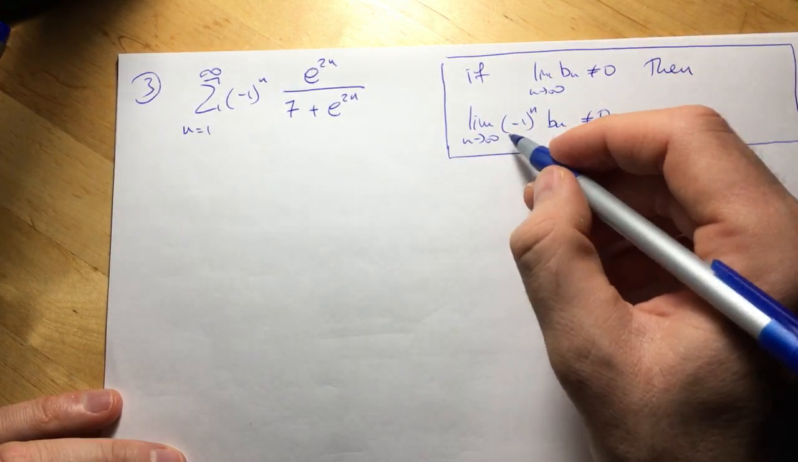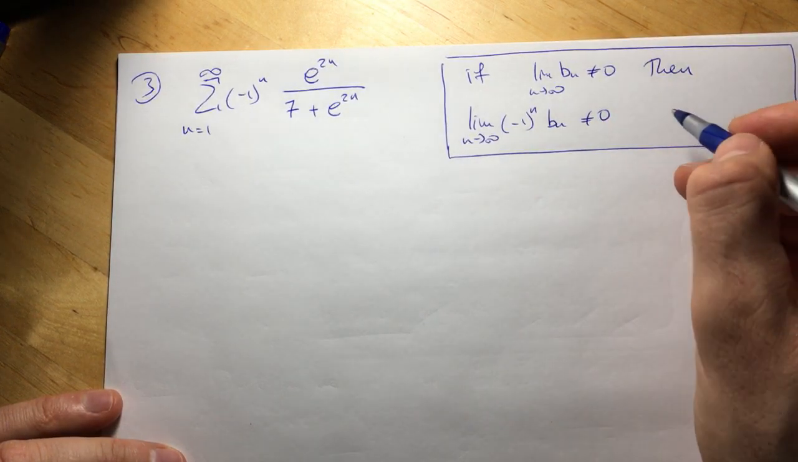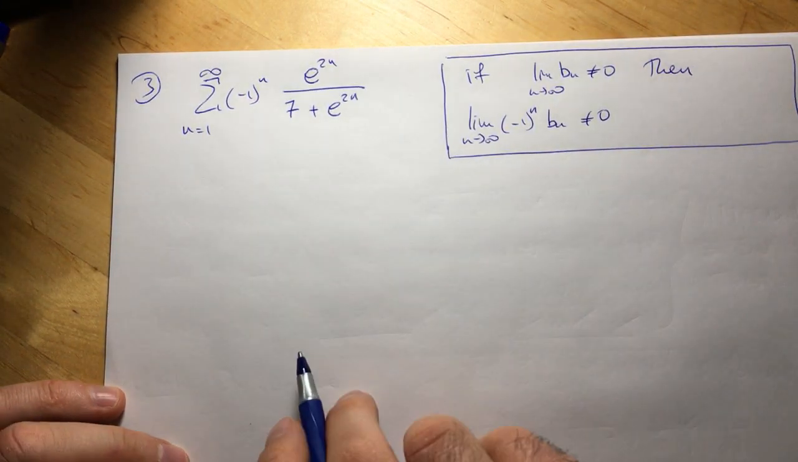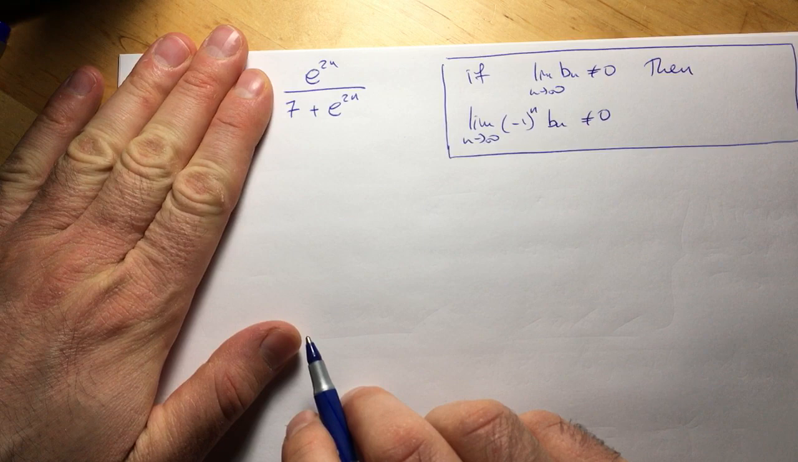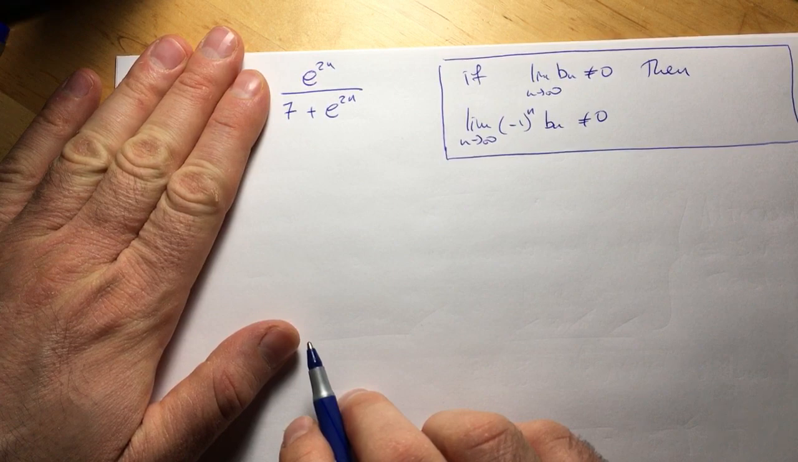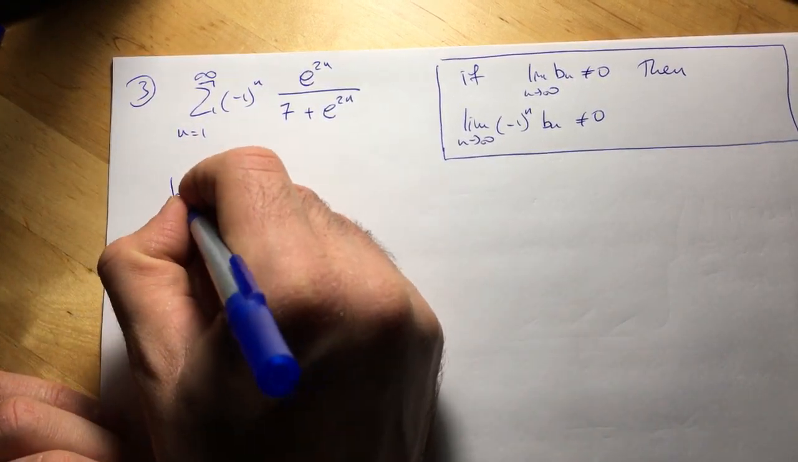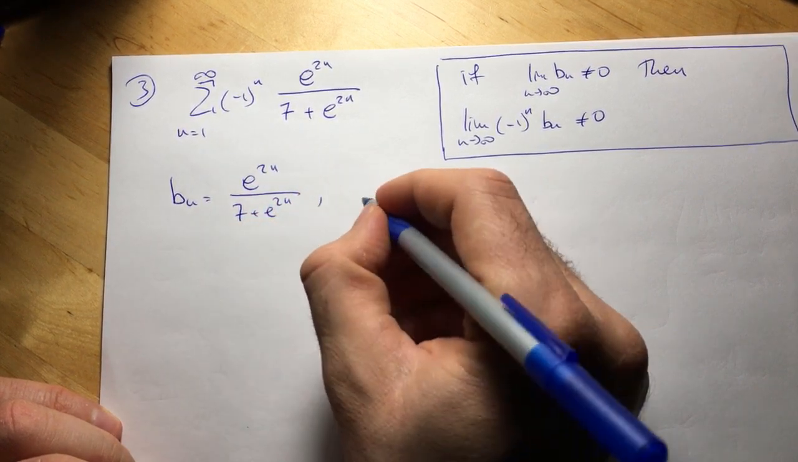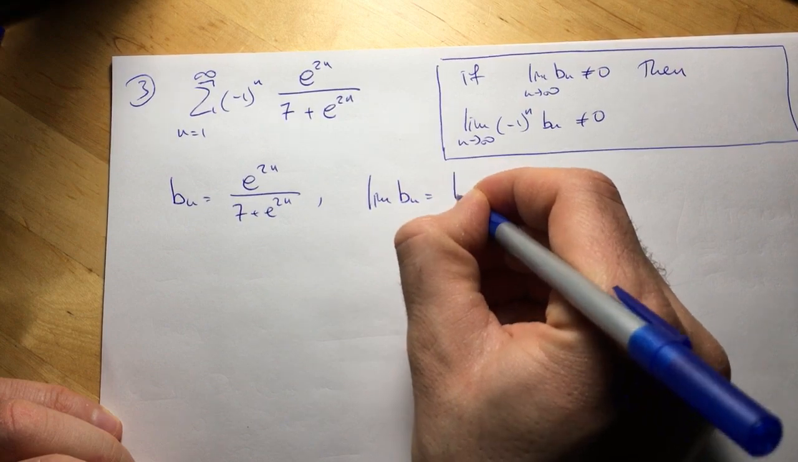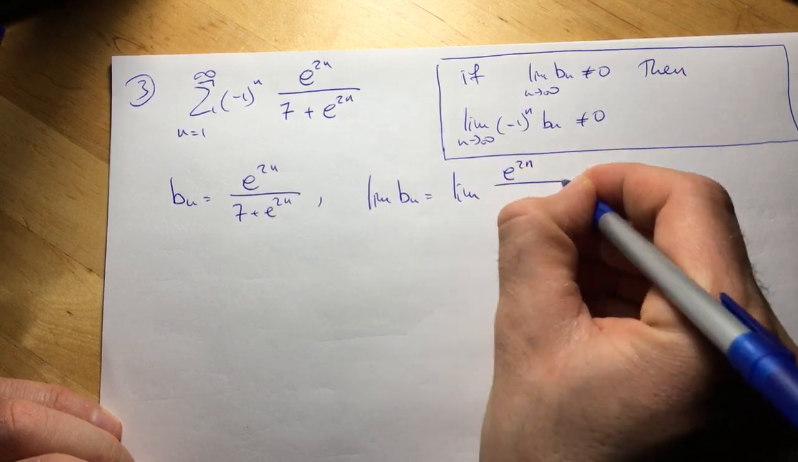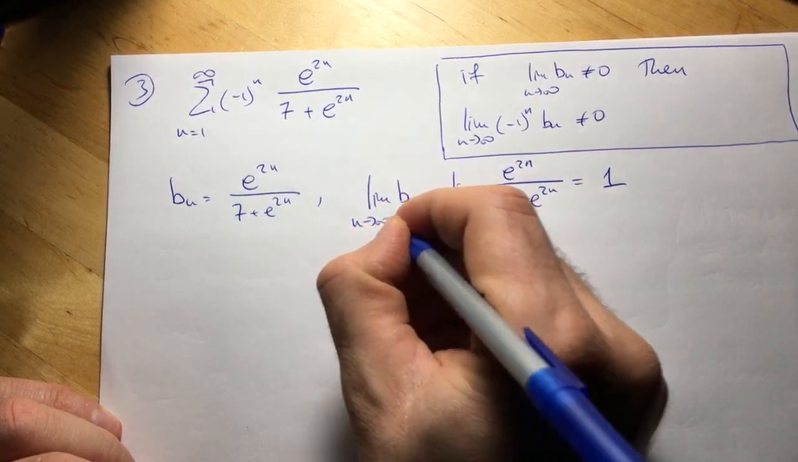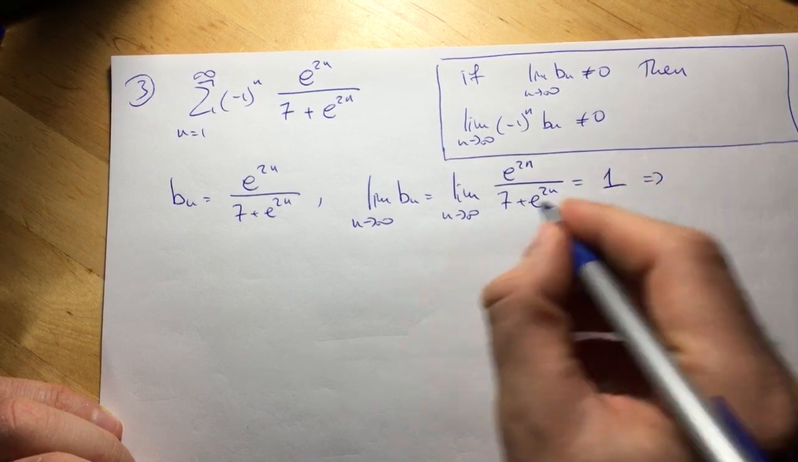And if the limit of a_n doesn't go to 0, then by the test for divergence we can conclude that this is divergent. So always mentally check what happens with this limit. If it is not 0, then by the test for divergence we conclude that this is divergent, right? So b_n is equal to e to power 2n over 7 plus e to power 2n. The limit of b_n is equal to the limit of e to power 2n over 7 plus e to power 2n. I'm going to leave it to you to confirm that this is 1,